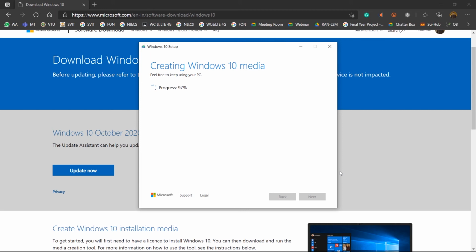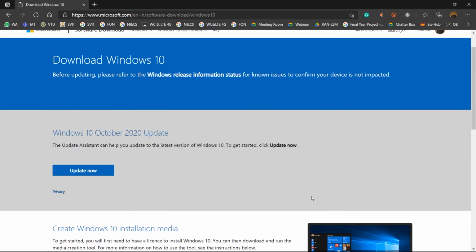Now we are almost at the end of the process. There you go. Once you're done with it, just click on finish. Now we are done with the basic process of making the bootable pen drive, and now what you have to do is plug this into the PC in which you want to install the operating system,